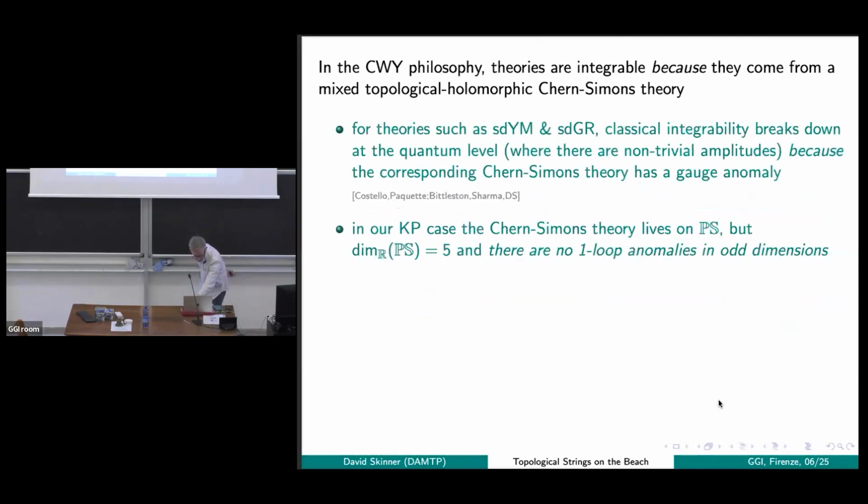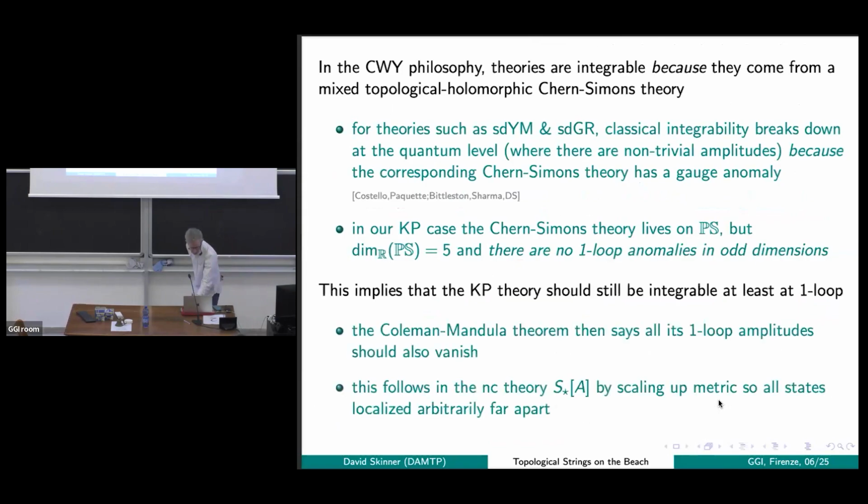Okay, so one thing we've gained is that in this twistor approach, or Costello-Yamazaki-Witten approach, the reason you had integrability was because it was equivalent to this theory. As long as that equivalence holds, you should expect your theory, your space-time theory, to remain integrable. Why would that integrability break?